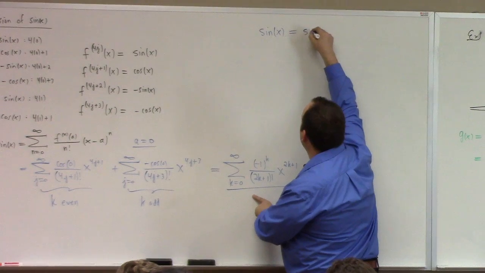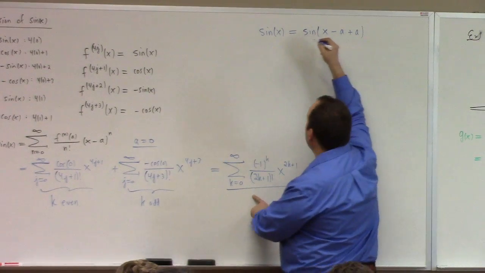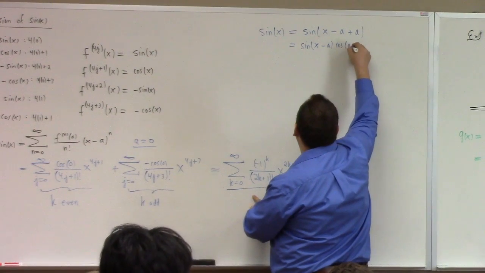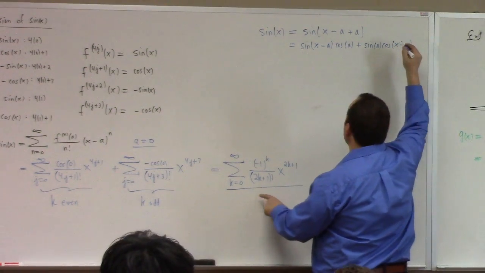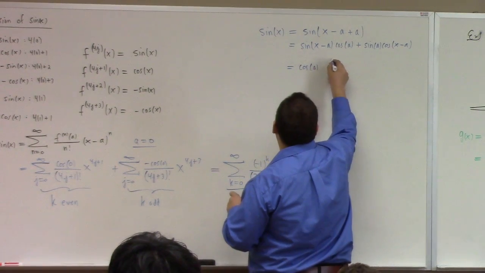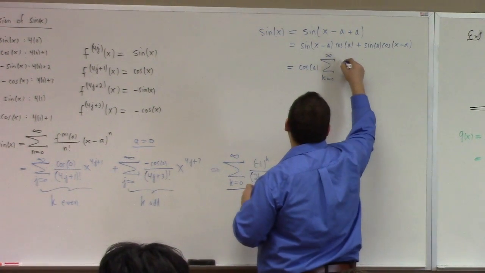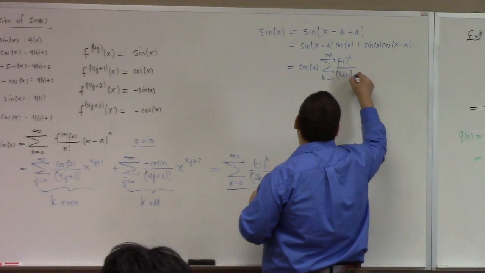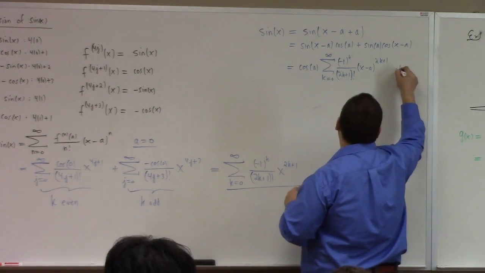So what I do is I just subtract a and add a. All right? And if I do that, that gives me sine of (x minus a) cosine of a plus sine of a times cosine of (x minus a), by the adding angles formula. And so that gives me cosine of a times the sum k equals 0 to infinity of (minus 1)^k over (2k plus 1) factorial times (x minus a)^(2k plus 1) plus